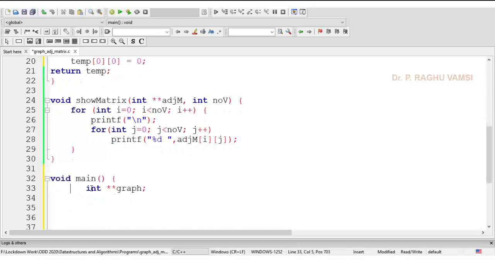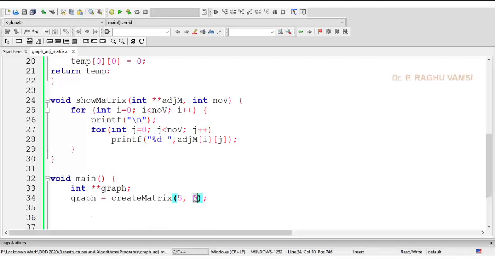Then we need to initialize using create matrix. So a matrix of size, the number of vertices that we supply, will be created and assigned to this graph. Here graph is equal to create matrix of 5, 0. That means the number of vertices that I am supplying is 5 and the initial value is 0. So the temporary matrix within the create function will be created, and that memory will be returned and held by the graph now.